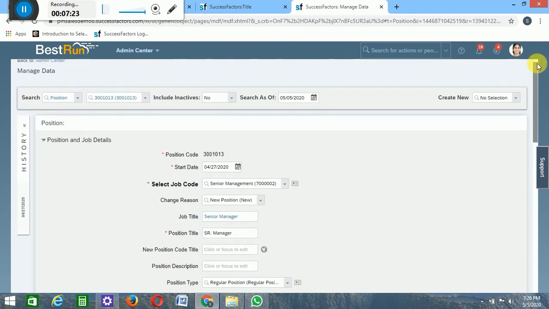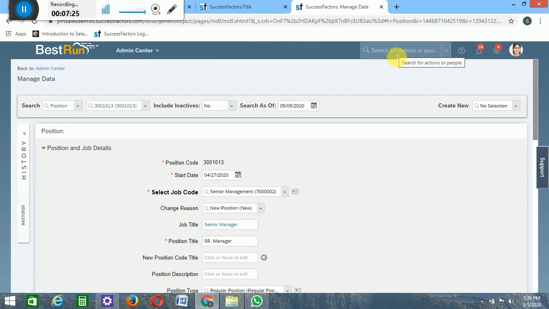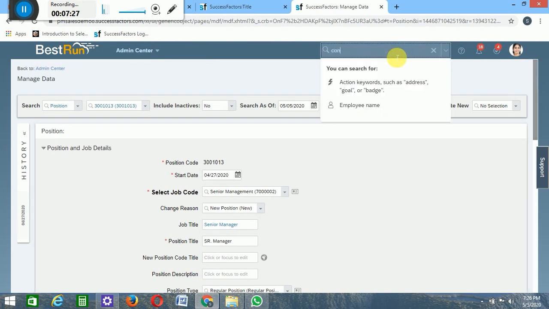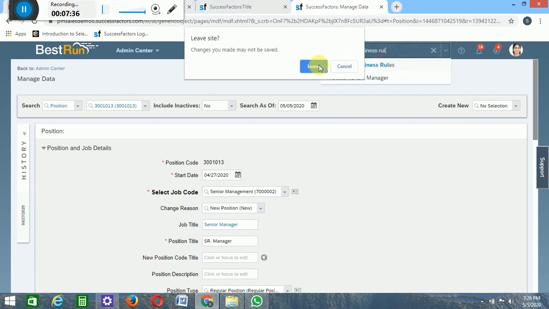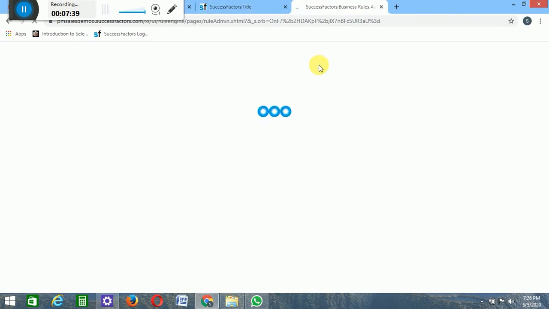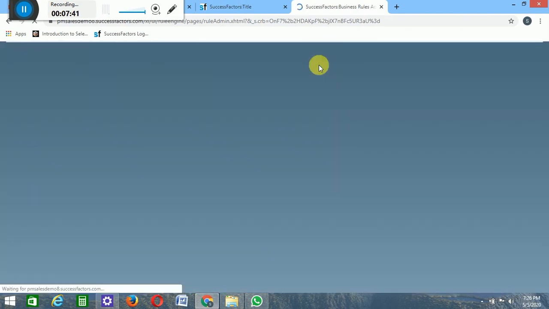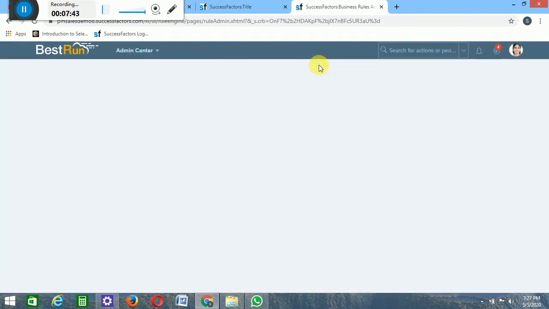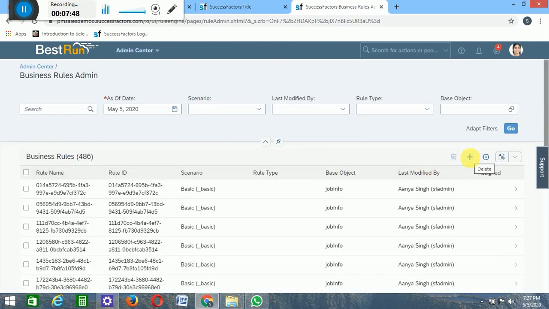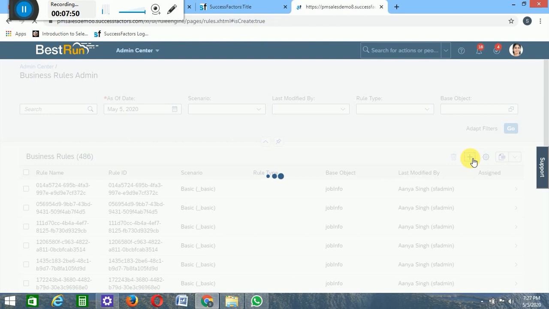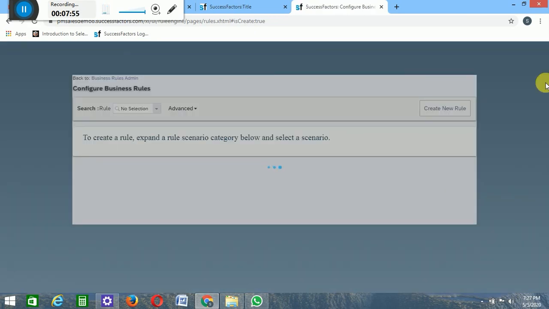Got it. So let's go to a transaction called Configure Business Rules. So we are creating a new rule. Add a new rule; this is the symbol where we add a new rule.